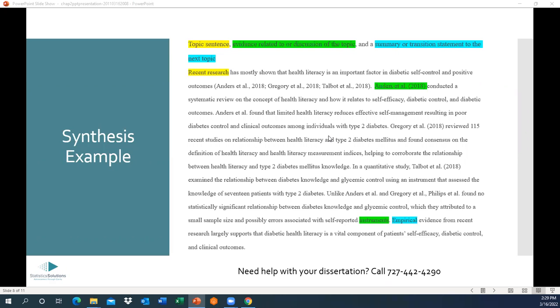And also, there's a little bit of analysis in here, in the sense that I explained why this person's findings may be different than all the rest. That's at the end of the sentence where it says, which they attributed to a small sample size and possibly errors associated with self-reported instruments. So that's a little bit of analysis, right? So a little bit of an evaluation, right? So the study may have had problems, a small sample size that affects results. Okay, so just an example of synthesis and paragraph organization and a little bit of analysis,